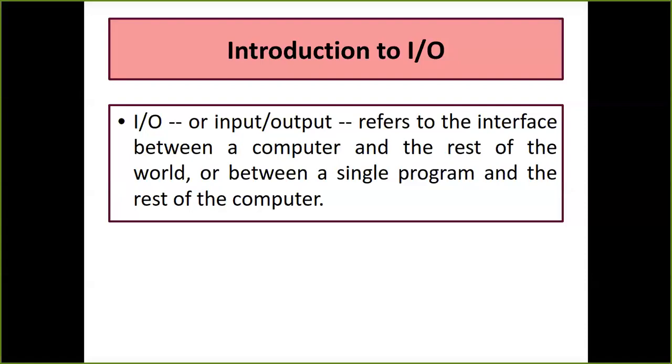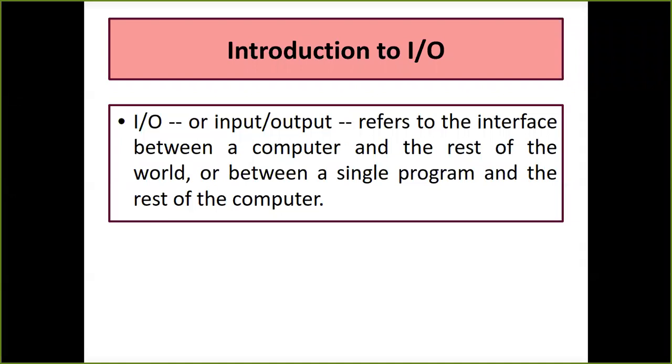Input output, which refers to the interface available between your computer and the rest of the world. That means whatever request and response, whatever input is sent from the client end to the server, and whatever output comes from the server to the client, all happens with the help of your input output mechanism. This IO is present inside your operating system, and it helps you have communication with the outside world.